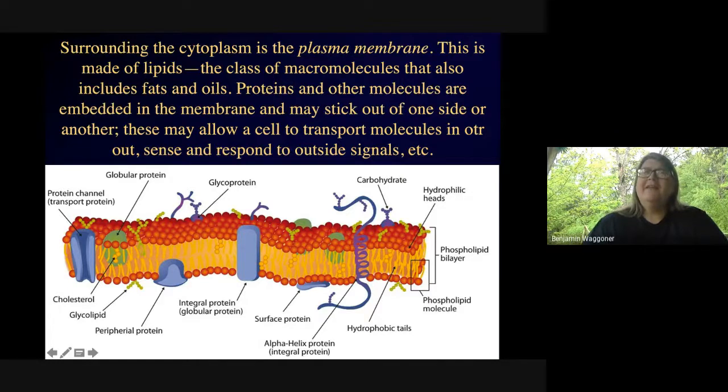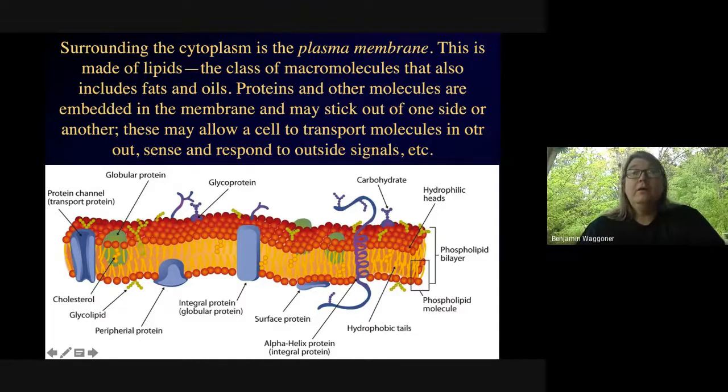You might remember that lipids are one of the four classes of macromolecules that we talked about at the very beginning, right? Carbohydrates, lipids, proteins, and nucleic acids. Lipids also include fats and oils. And you have a layer of lipid molecules that naturally forms a very flat sheet-like or bubble-like structure when you embed it in water. And in blue, you can see there's lots of proteins that can be embedded in the